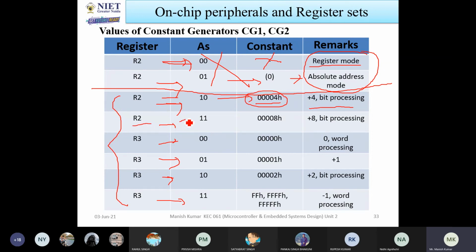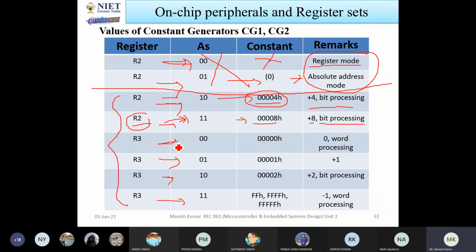When R2 equal to 11, it means that it will take the plus 8-bit processing, means it will jump plus 8 bits. So अगर मान लो तुम्हें plus 8-bit का जंप करानी है, ठीक है, 8 लोकेशंस इंक्रीज करनी है, इंक्रीमेंट करनी है, then you can use the constant generator R2 equal to 11. तो इस केस में क्या होगा, 8 बिट जंप करेगा. अगर प्रोग्राम काउंटर की वैल्यू 0002 है तो इसका मतलब 0000A हो जाएगा. ओके, मींस 000A, 10 का मतलब A.